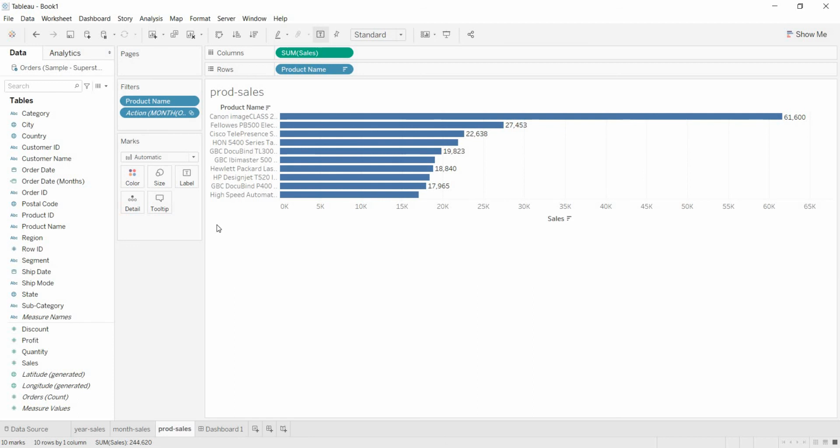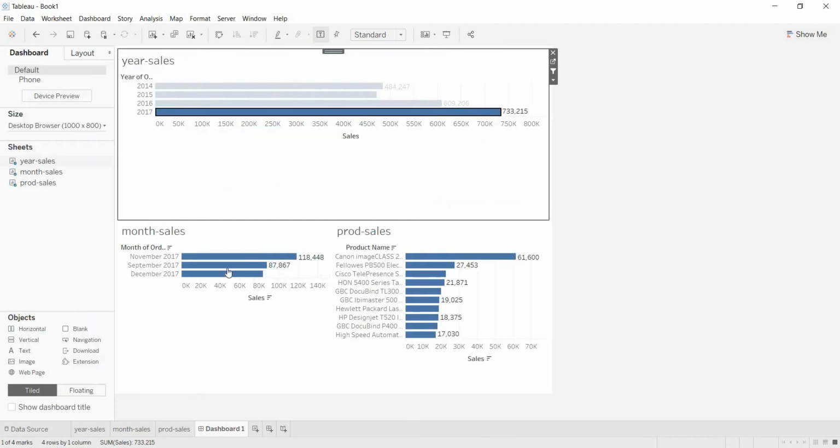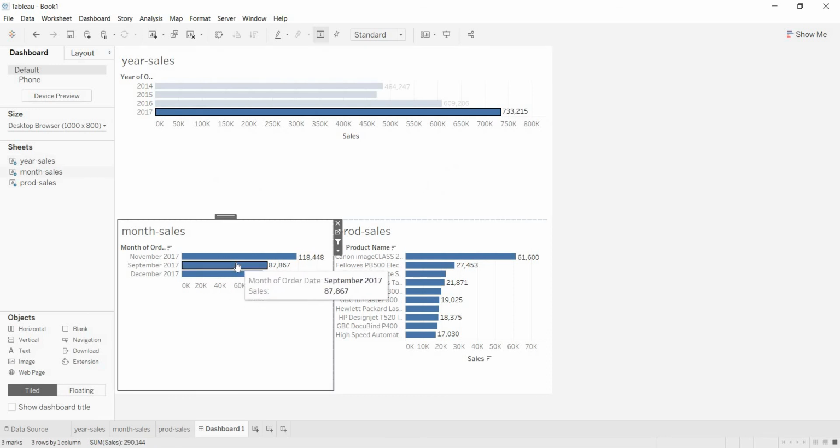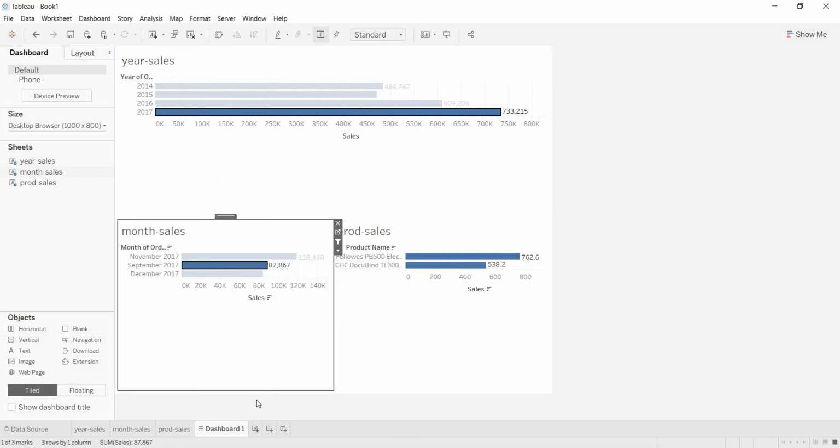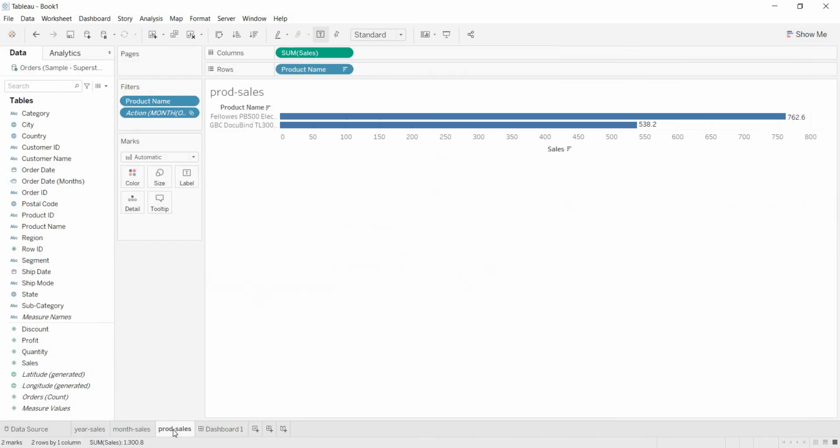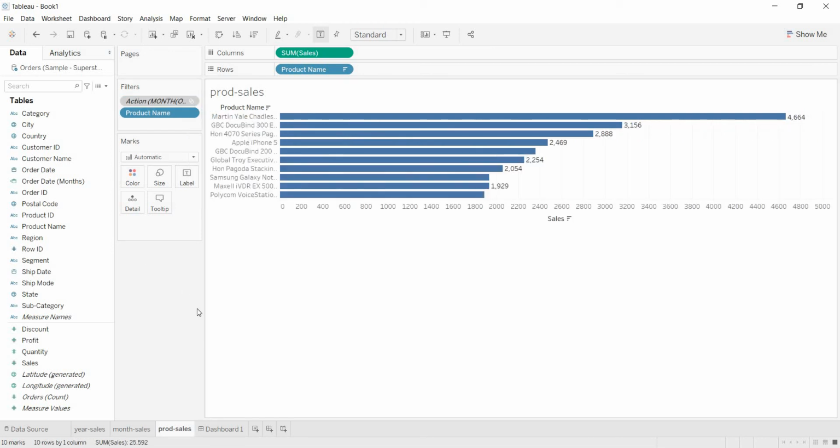Again, just go to product sales. Here on this product page, which filter is applying? Whenever you are selecting any particular month, see here I am selecting September 2017. When you click on that particular month, what are the top 10 performing products for that month? That list you need to get. But here you are not getting that accordingly. To get the exact output you require, just add this action filter to the context. Now you will get the top 10 products.